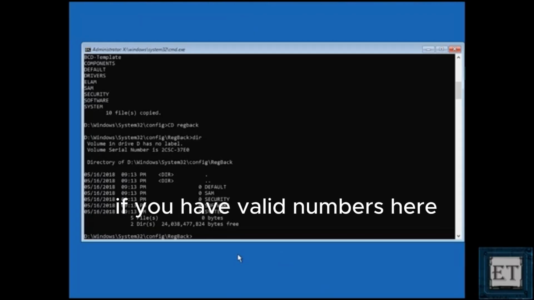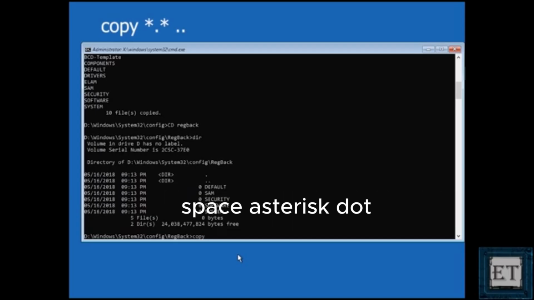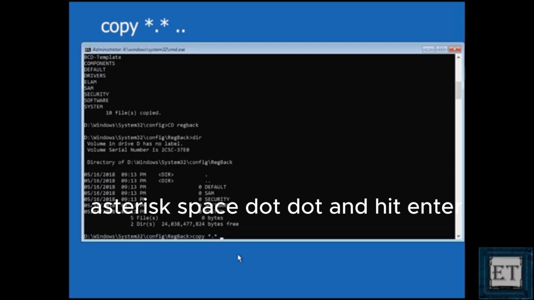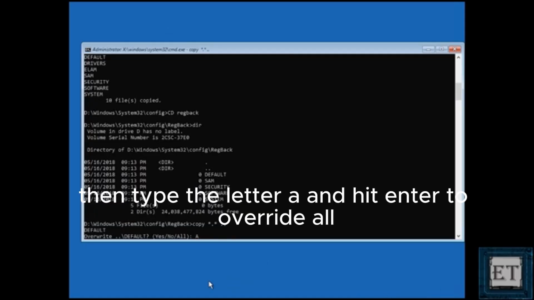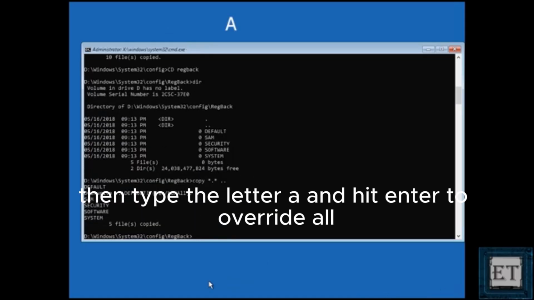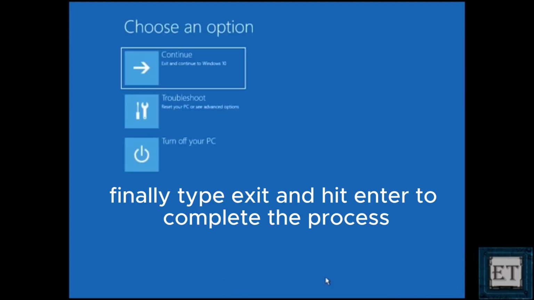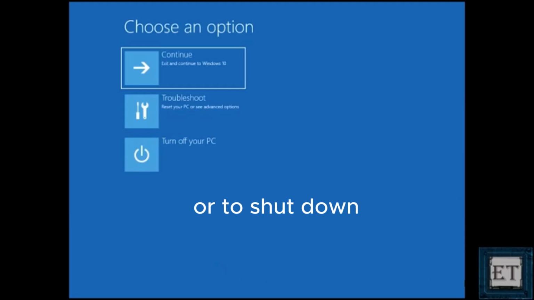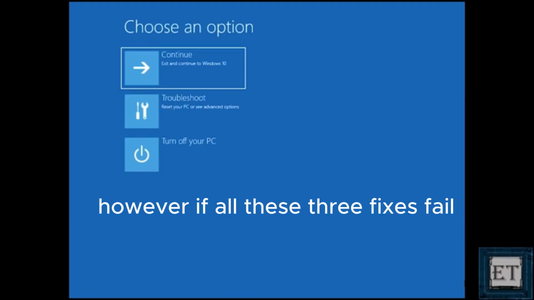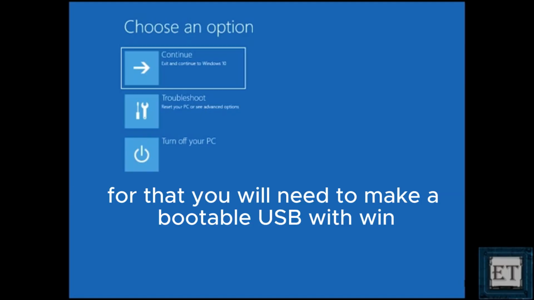If you have valid numbers here, then go ahead and type the command copy space asterisk dot asterisk space dot dot and hit enter. Then type the letter A and hit enter to overwrite all. Finally, type exit and hit enter to complete the process. It should then take you back to this page where you can now choose to continue to start up your computer or to shut down. However, if all these 3 fixes fail, then you can consider running a system restore. For that, you will need to make a bootable USB with Windows